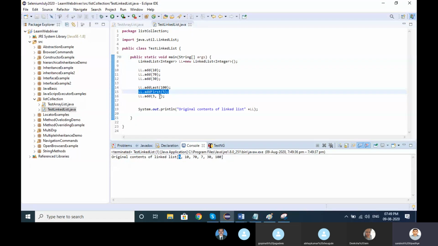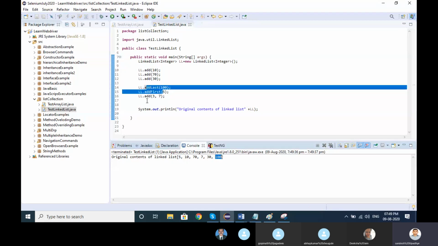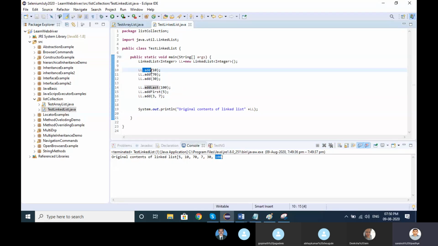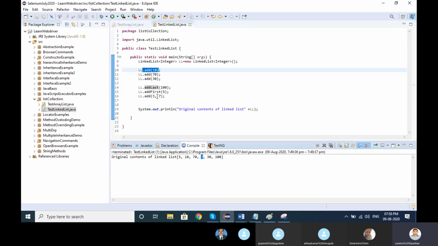Then the elements added with add: 10, 70 and 7. Why is 7 coming here? At index 3, counting 0, 1, 2 and 3, I have added 7 and then it puts 30. You understood the sequence, right? So these are the ready-made functions: we can add last, add first, or add a particular index and element.